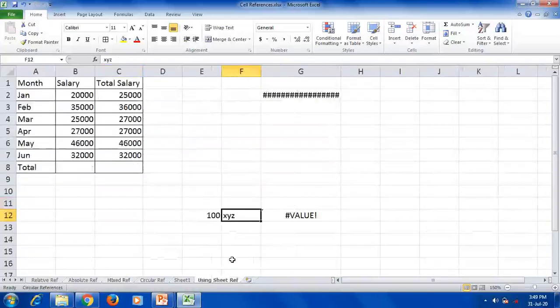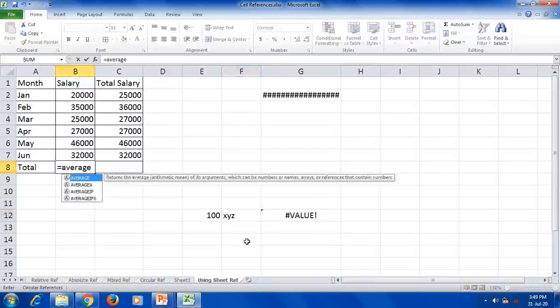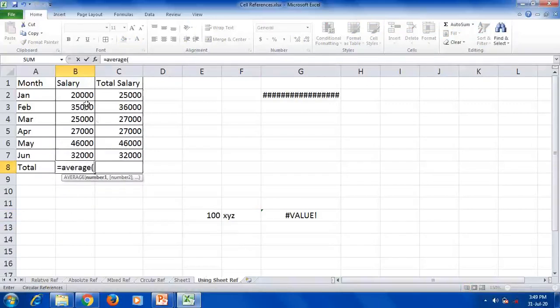Next point comes name error. Name error in the sense, for example, I will write the AVERAGE function and put a reference from this cell till this cell. Then close the round bracket and press the Enter key.